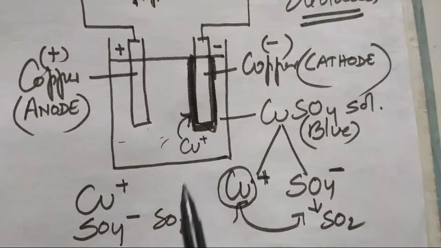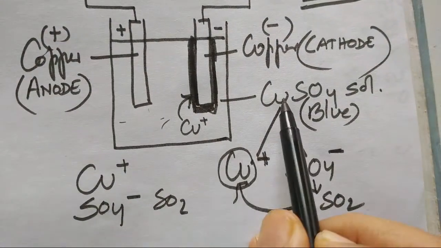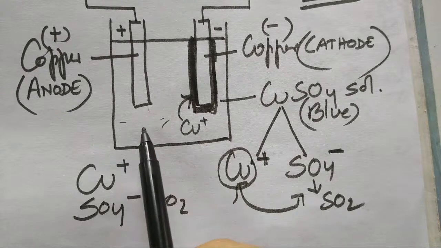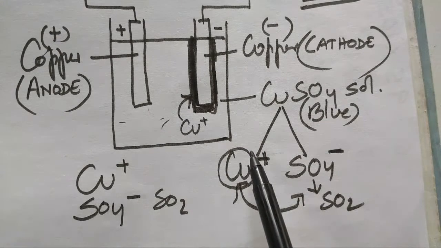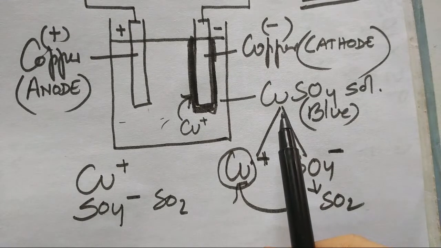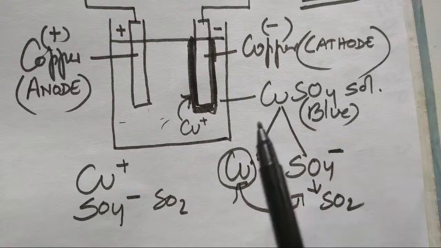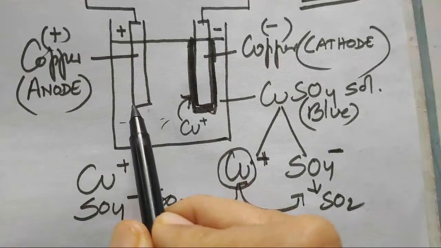And so what is happening actually? The copper sulfate has broken into copper. So actually this copper sulfate which is in the liquid form has lost copper. So if there is loss of copper, then what will happen to the solution? The change in color takes place, and therefore after some time, when the current is passing, some of the copper